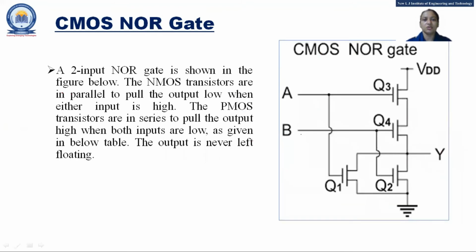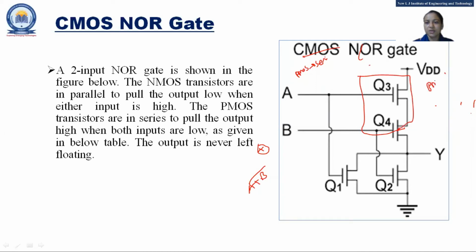Now we will see the CMOS NOR gate. We are having A plus B bar. So for the NOR gate, the plus operation, now there is an opposite configuration. PMOS will be in series. As you can see, this is our pull-up network. This is our PMOS, and now NMOS will be in parallel, that you can see is the pull-down network, the lower part. This is our lower part, that this is our NMOS, right?